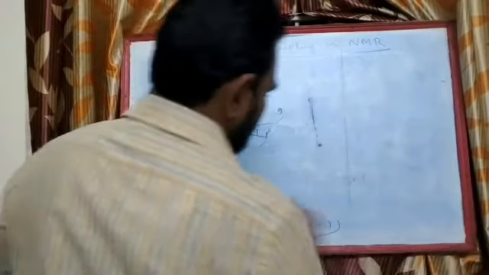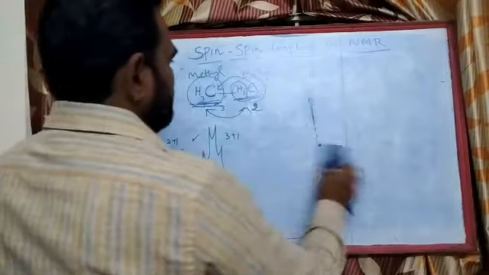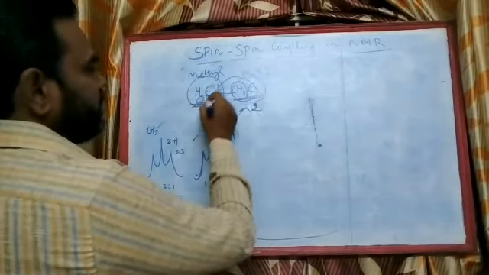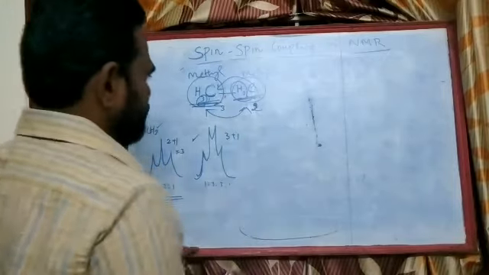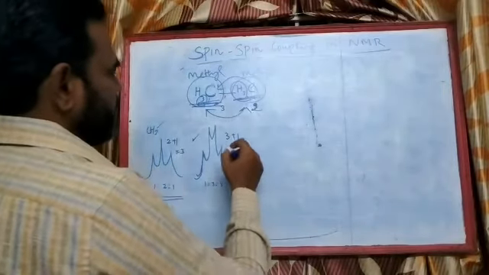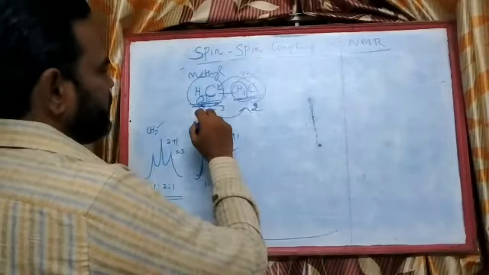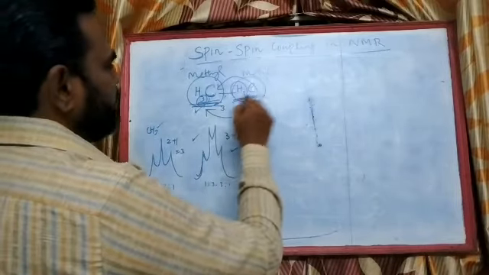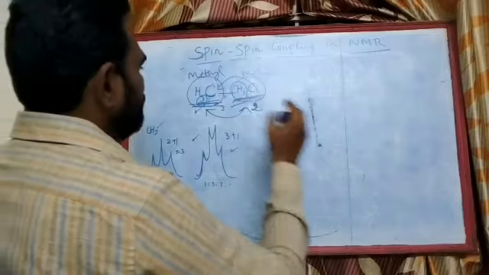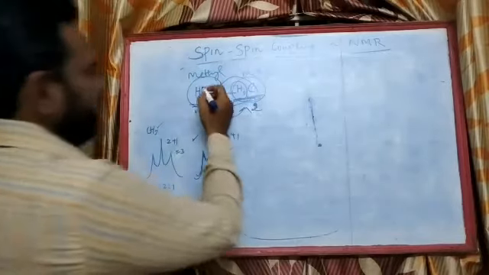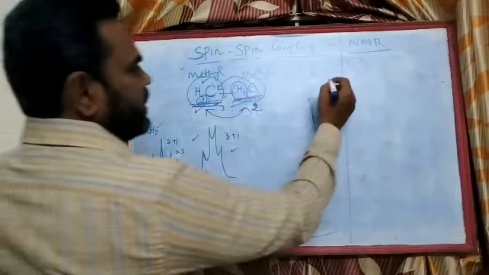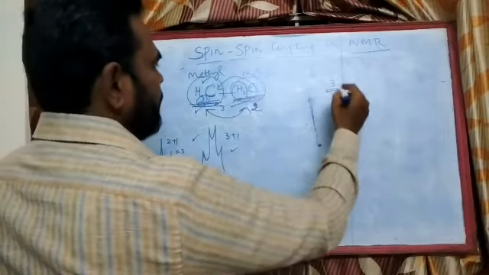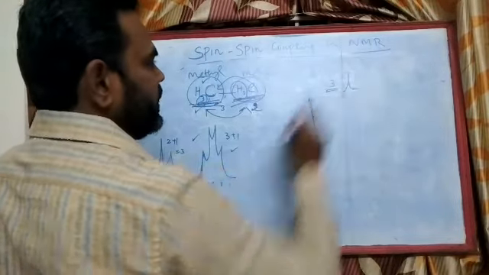How many splittings will we get? Methylene over methyl proton, naturally we will get 4 because the neighboring proton is 3. So it will be split into 4. So this is what we have already seen. The influence of methyl, how the methylene lines are split by methyl protons. So it will be split into 3. So what is the intensity for the methyl? Because 3 protons, intensity is 3. So I will have one single peak of 3 intensity.